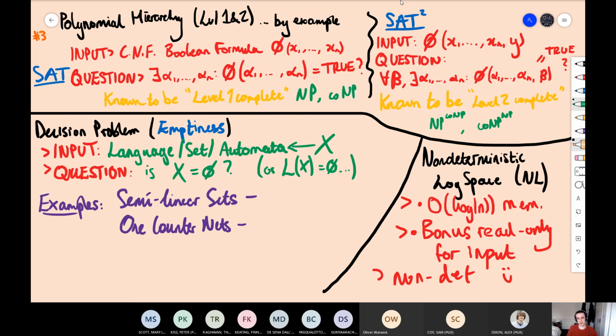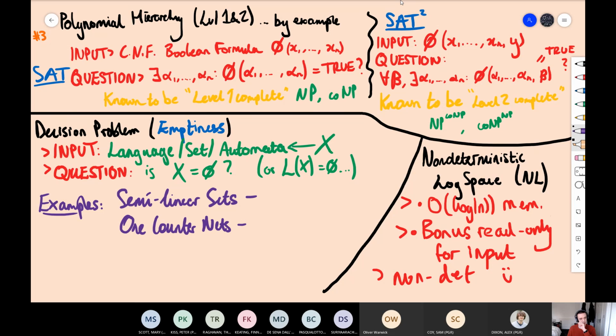So only very basic problems belong in NL, and maybe you'll see later some nice NL problems, and you can see why they're sort of easy. I like to think of NL as a sign that something's easy. It might not be easy to show something's in NL, but they show you the problem is somehow simple.